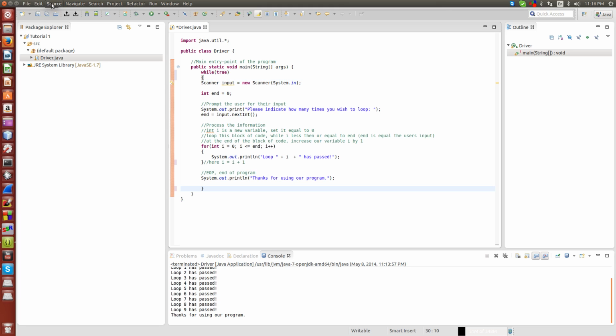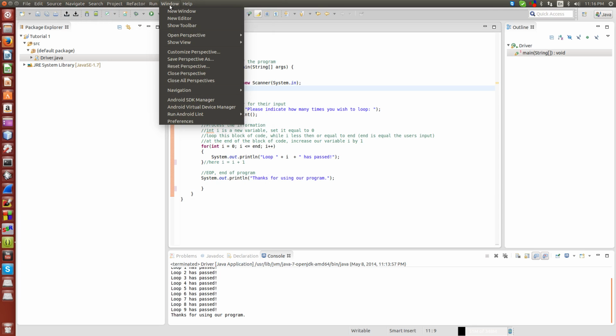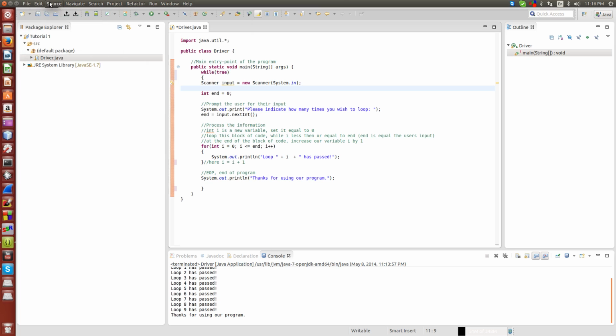For some reason my source window is not open, but there's normally a fixed indentation button. Anyways, basically what we're going to say is when we get to here, end of while loop, restart the program. So the way we're doing it now, our program is actually going to keep running over and over and over again